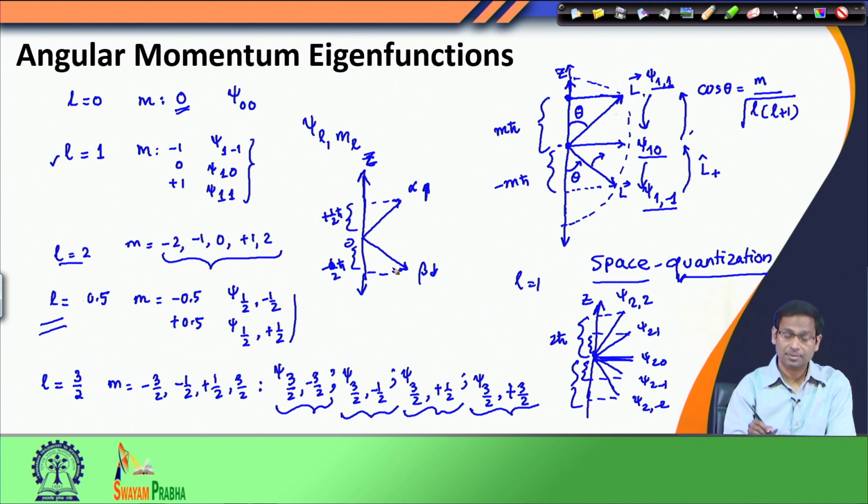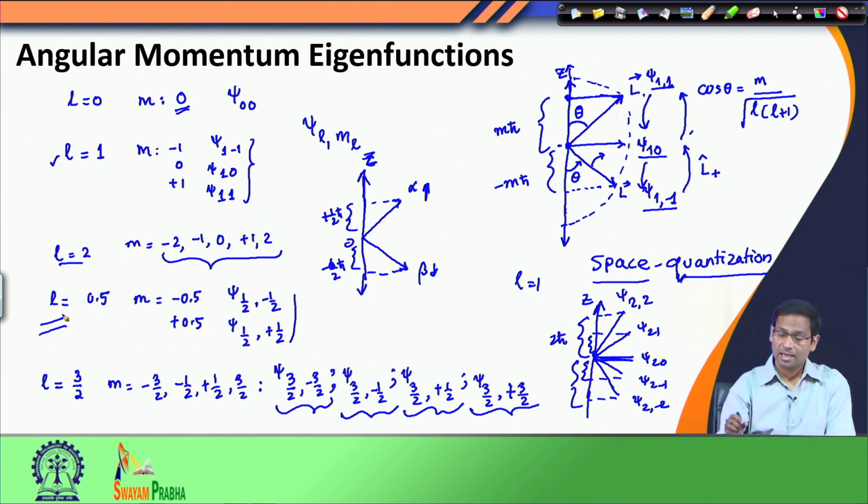But electron, by virtue of having spin angular momentum 0.5, has only 2 states, and we call them alpha spin or beta spin, or up spin and down spin. One final thing that we must remember in this